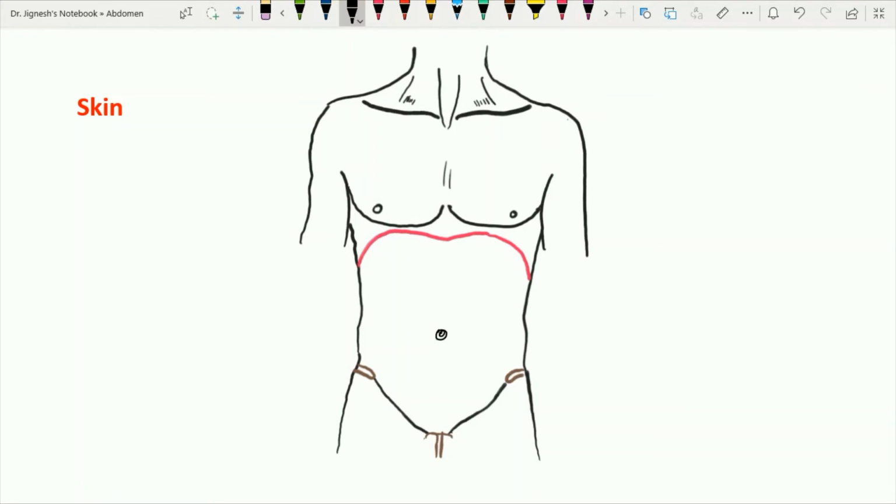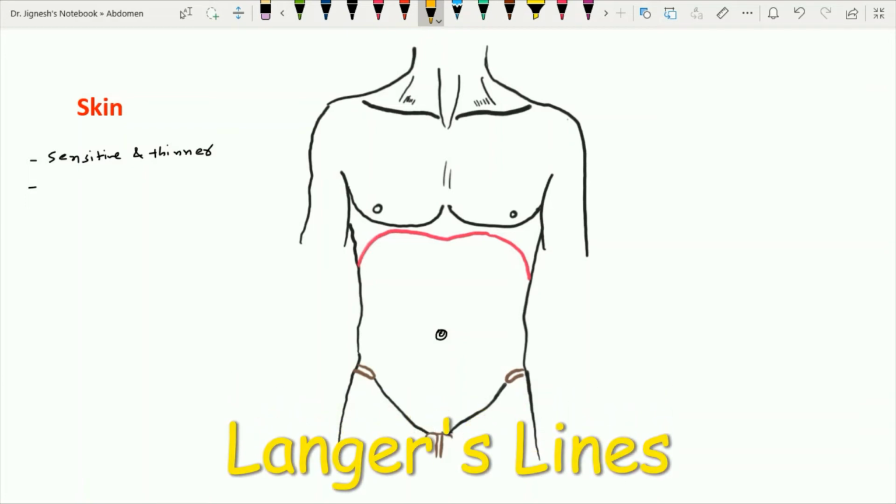Now let's see the skin of the anterior abdominal wall. The skin of this anterior abdominal wall is more sensitive and thinner than that of the posterior abdominal wall. On close inspection of the skin of the anterior abdominal wall, we can see the horizontally placed Langer's lines are there,